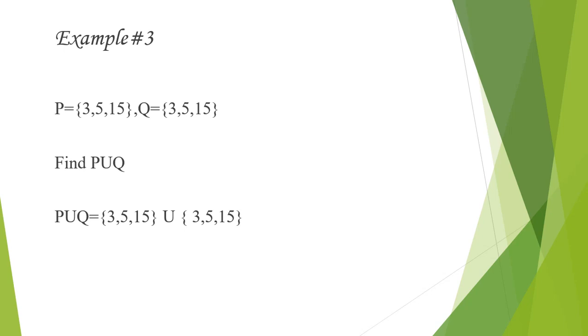So what will be the answer? Yes, recall the definition of set in your mind. What is it? A set is a group or collection of well-defined and distinct objects. These are well-defined, everybody knows? Okay, these are the numbers 3, 5, 15, well-defined. But distinct, what does distinct mean? That you are not going to repeat the elements again. You will just list them one time. See the answer. See, I have listed all the elements only one time, although they are there twice, in P and in Q. But we are not going to repeat the elements again. If they are the same, we will write them down only one time.